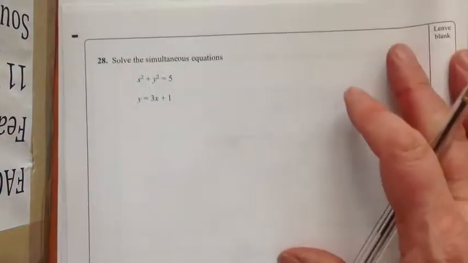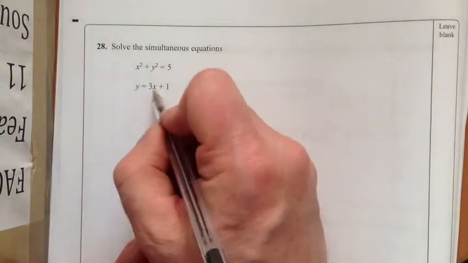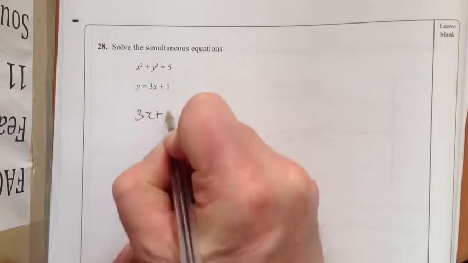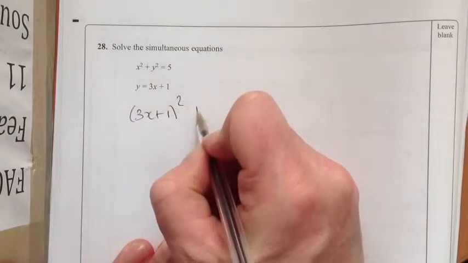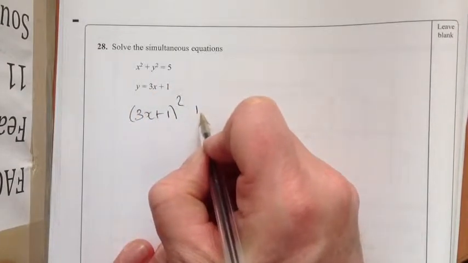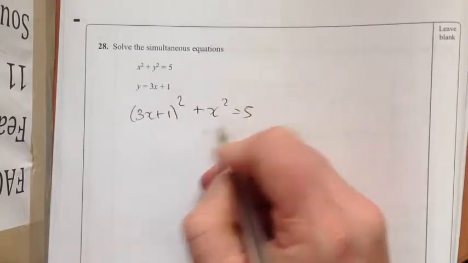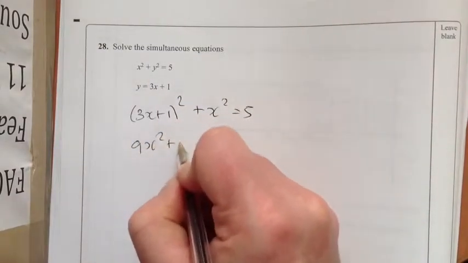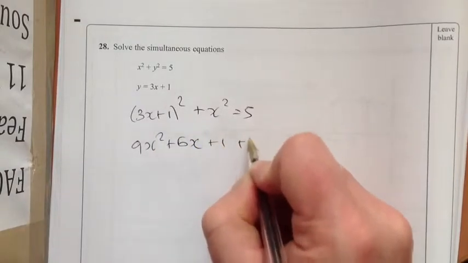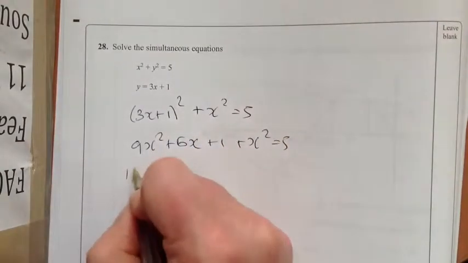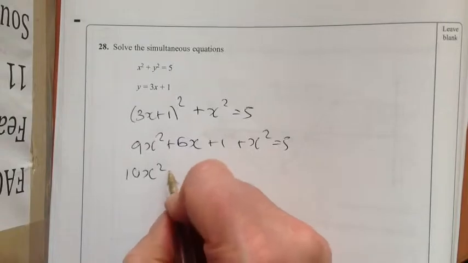Not a particularly easy one, but let's get stuck in. So replace x in here with 3x plus 1. So 3x plus 1 squared. Yeah, for y rather. Plus x squared equals 5. So that gives me 9x squared plus 6x plus 1 plus x squared equals 5. That gives me 10x squared plus 6x